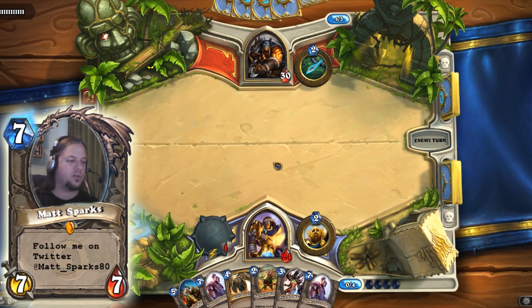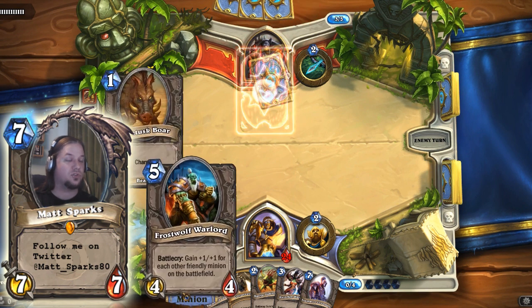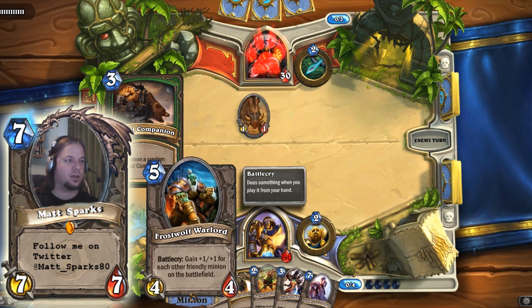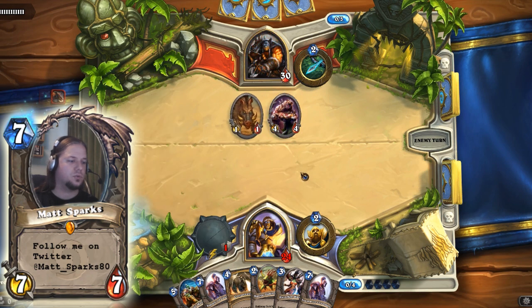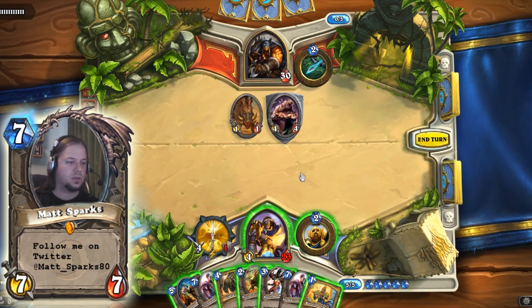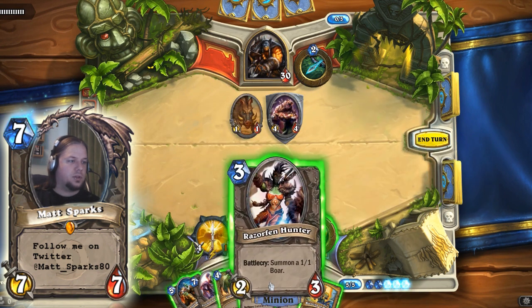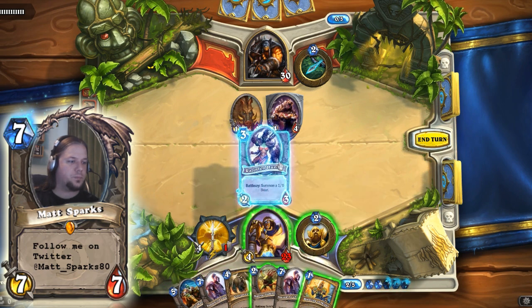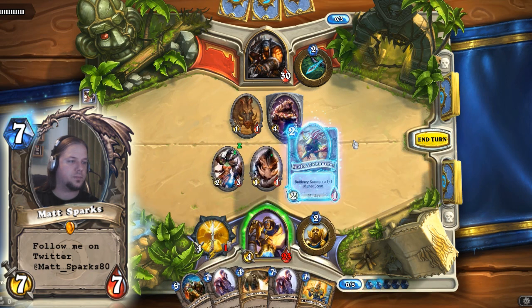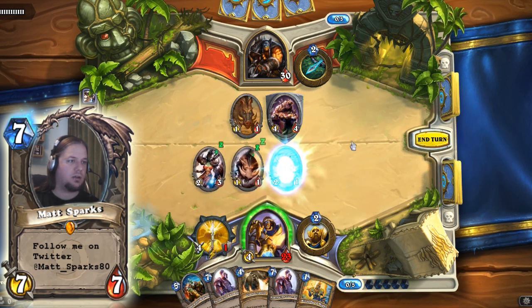This deck does have the buffed Frostwolf Warlord, which has the battle cry now rather than the constant effect. Oh, not another taunt. So lucky getting that taunt. Okay. Let's put the Razorfen Hunter out. And we'll put the Murloc out. And I can take care of his...